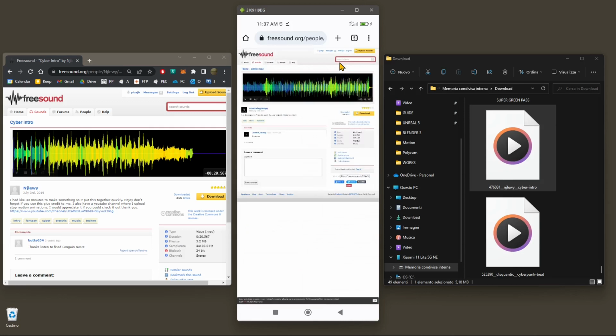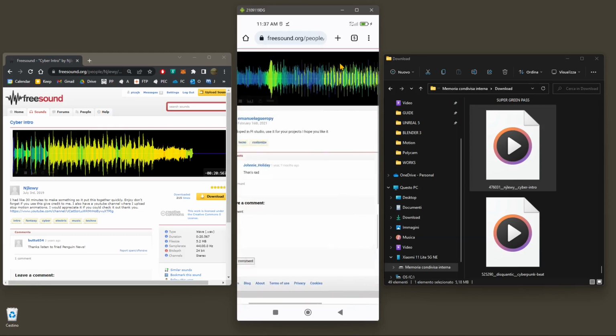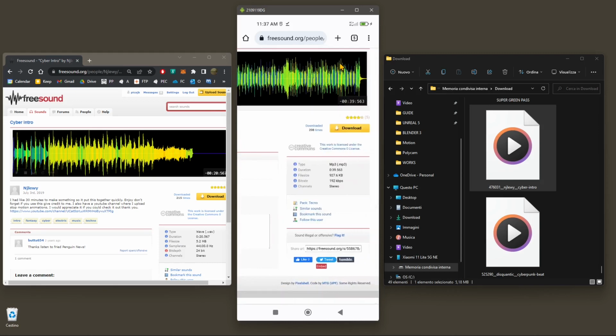Now remember that before you can actually download sounds from Freesound and music, you need to have an account. So you need to register with an email and a password. So this is the author right here, by the way, but this is CC0, so I can just use it anyhow I want and click on download, and this is gonna be downloaded. You can see it's telling me that the file is downloaded. So in this moment I have it in my smartphone. So if I go back